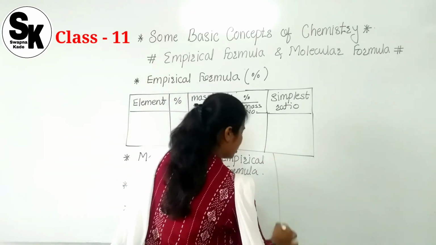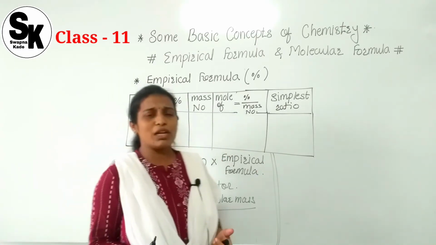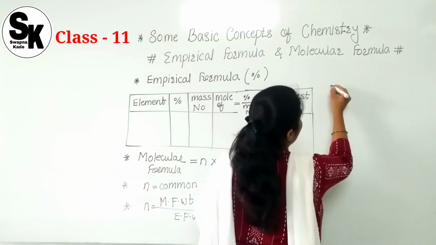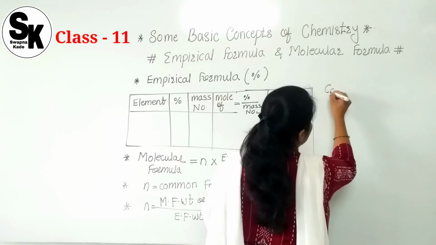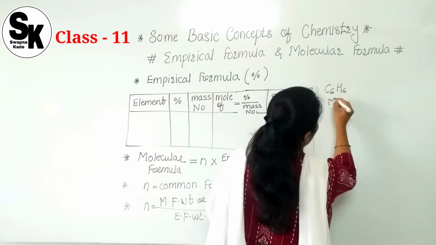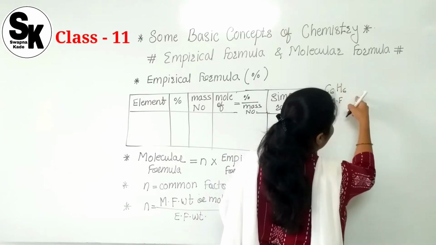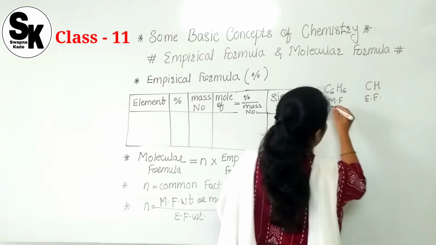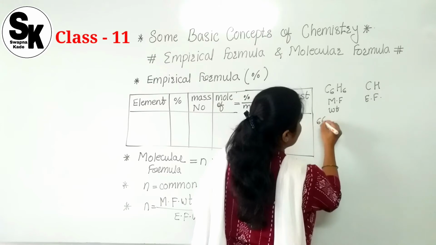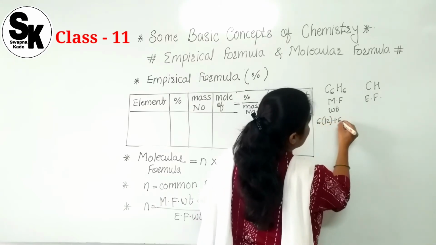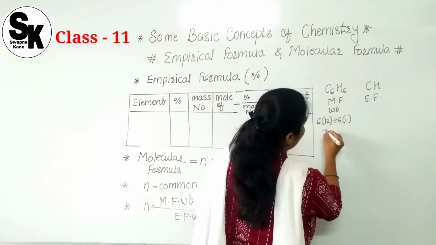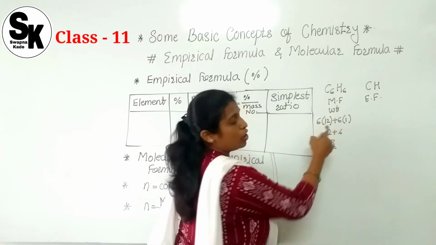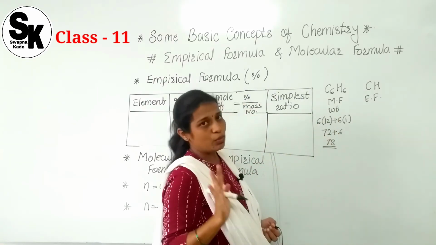Another formula is also there. Empirical formula weight कैसे फाइंड आउट करना है? जैसे अभी देखो मैंने बोला था ना एक example, अगर हम consider करते हैं C6H6, this is the molecular formula. इसका empirical formula क्या है? CH. तो इसका अगर हम weight लेते हैं then 6 into 12 plus 6 into 1, in this way 72 plus 6 means 78. That is the molecular formula weight or the molar mass.